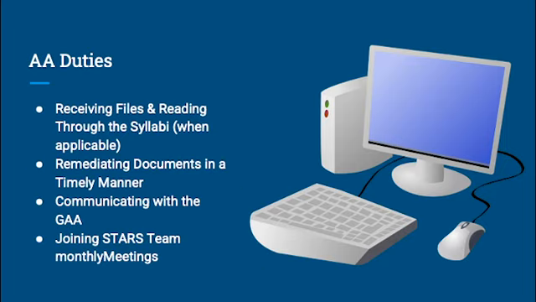Your duties as an accessibility assistant start with receiving files and reading through the syllabi when it's applicable. Some documents will be standalone depending on the class, but most commonly you will be assigned a course for the semester. Professors may upload weekly or they may upload everything at the beginning, depending on their preparation levels, but it's your responsibility to ensure that the accessible materials are available for students the week that they need to be available. Generally, this means remediating documents the week before they need to be available based on the syllabus